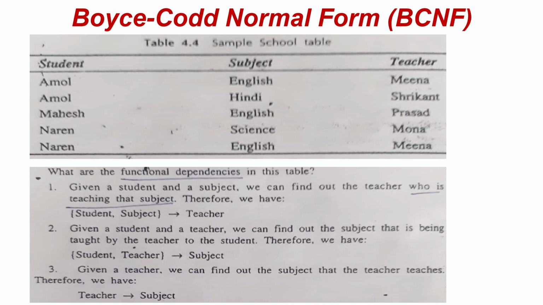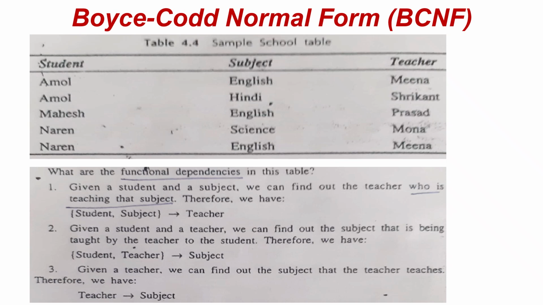And for the Boyce-Codd normal form, we have taken a simple school table as an example. Here the student name, subject names and teacher names are available. So what are all the functional dependencies available in the above table? Given a student and a subject, we can find out the teacher who is teaching the subject. So the first functional dependency is that with the help of the student and a subject, we are able to identify the teacher. Given a student and a teacher, we can find out the subject